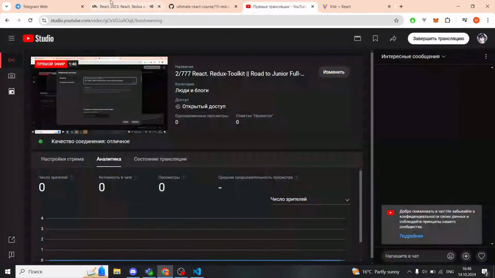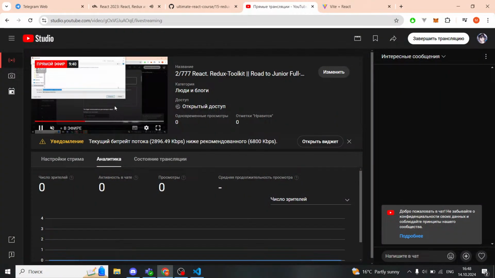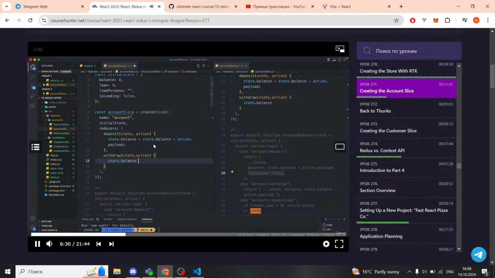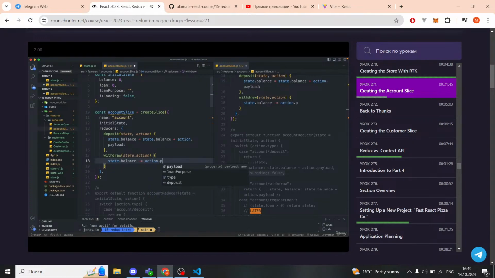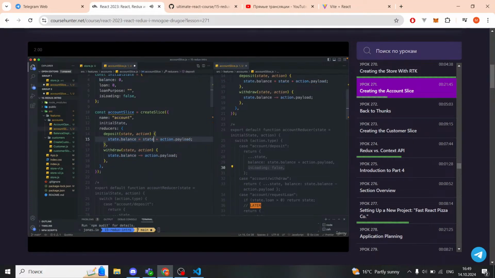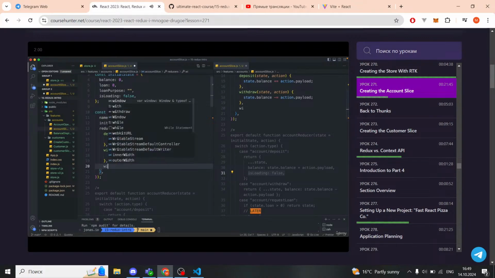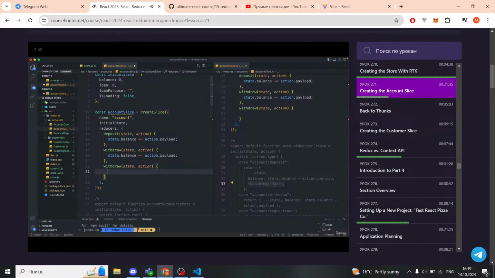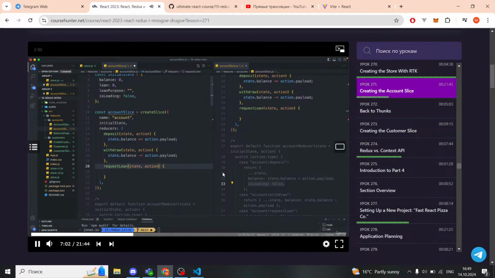So let's keep going with withdraw, again, state, and then the action. And now here we will have something very similar. So state.balance, we could even write it like this. So this is the same as state.balance minus action.payload. The same, let's do the same here. So minus equal like this. Next up, let's do the loan, state and action, and not withdraw, but requestLoan. So let's see what